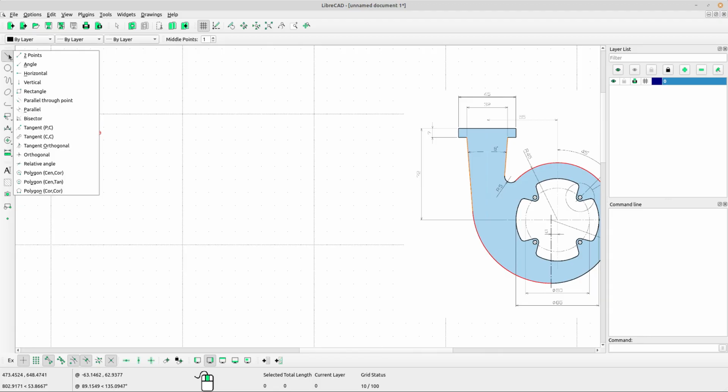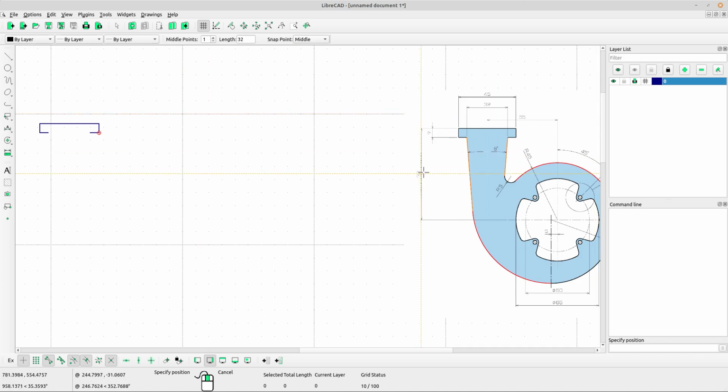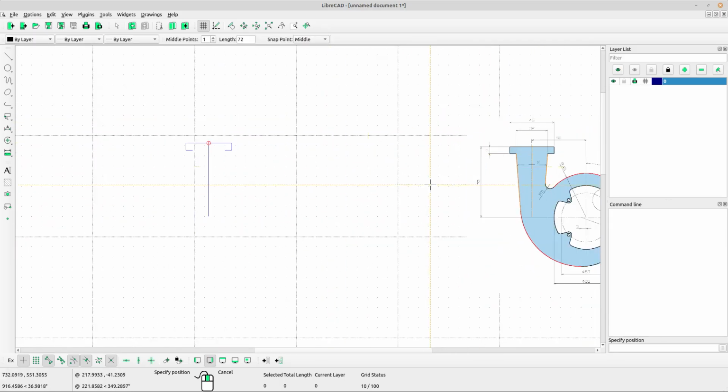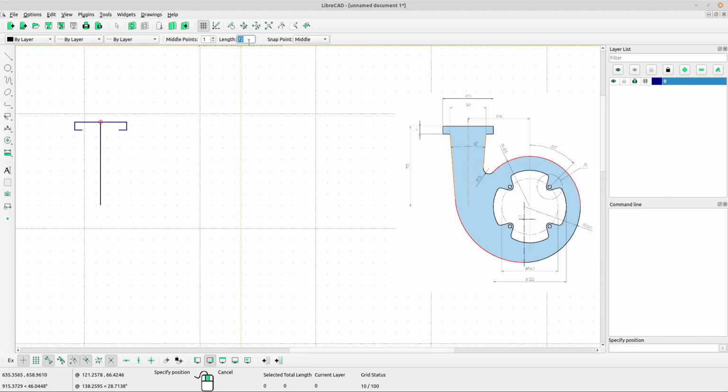Select circle, select vertical 72. Okay, sorry, vertical 70, in the box 72, select snap point end, left click. Okay, select horizontal and the distance of 55, type in the box 55, select snap point start, left click. Okay, right click to exit the tool,